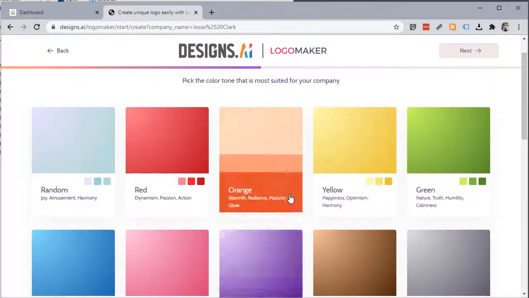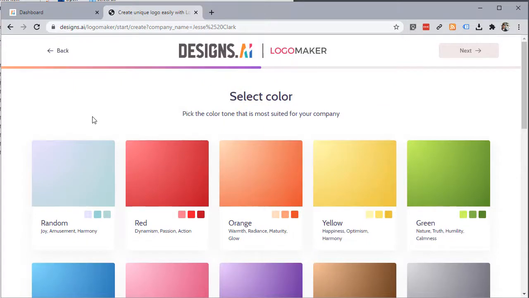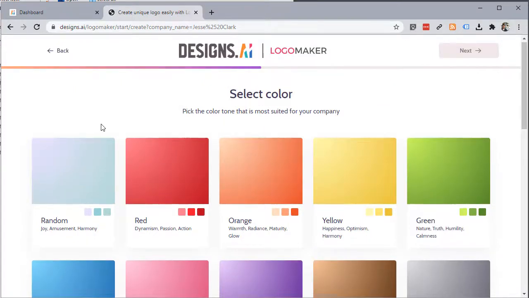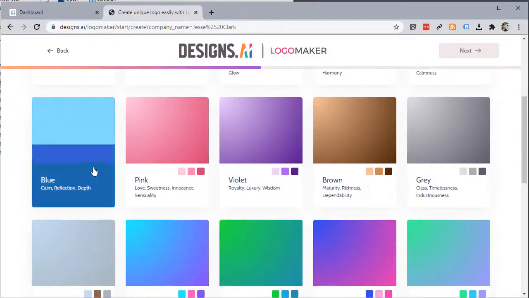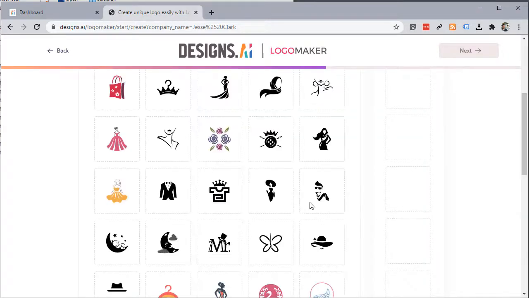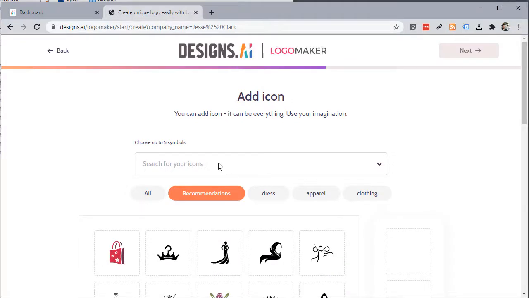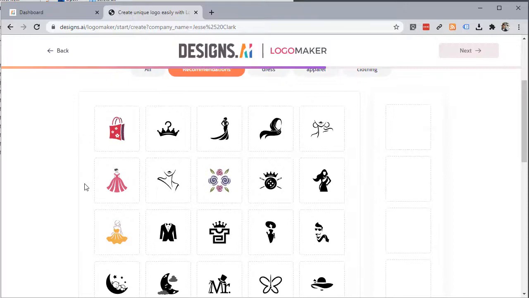Now it's giving you some color options. Pick the color tone that is most suited for your company. I'm going to just choose some blues here. Now I'm going to choose an icon. Okay, so it's given us some recommendations. You can go to dress, apparel, or clothing, or all. Let me just choose, like,